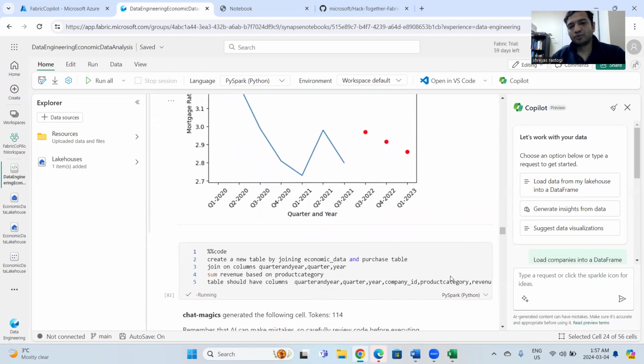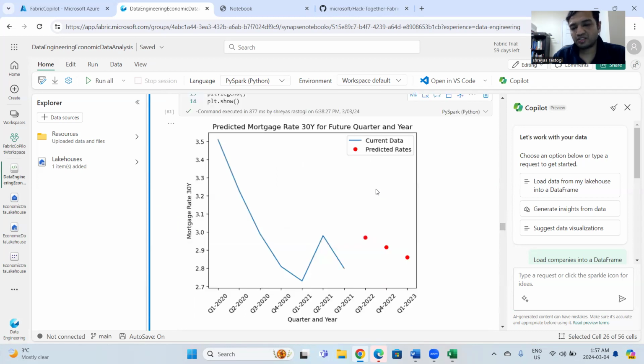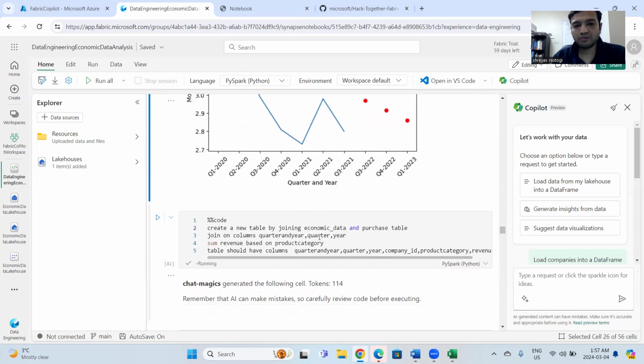Now, we have done our analysis for economic data. We have economic data, and we have purchases data. What we next wanted to do was combine the economic data, which was on a quarterly basis, with the purchases table on a quarterly basis and see what the sales were. Initially it didn't give very good results, but then I started to give it more granular,